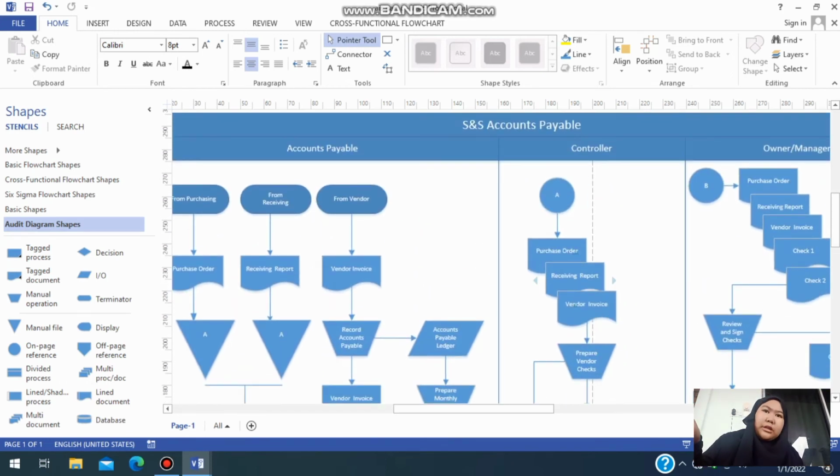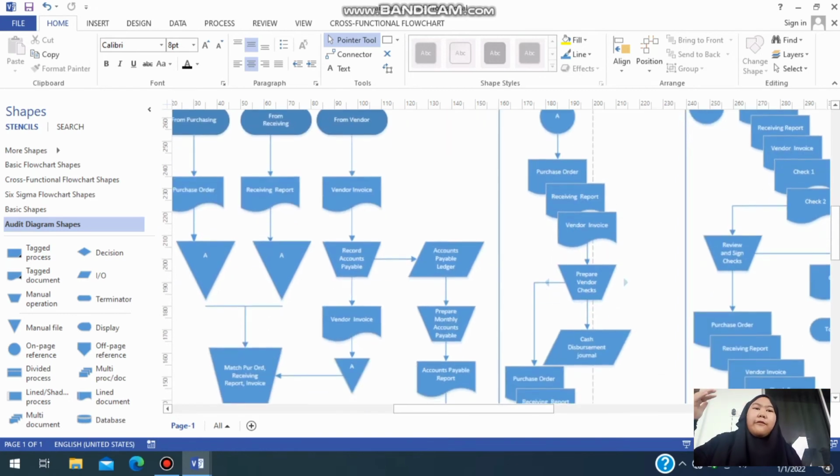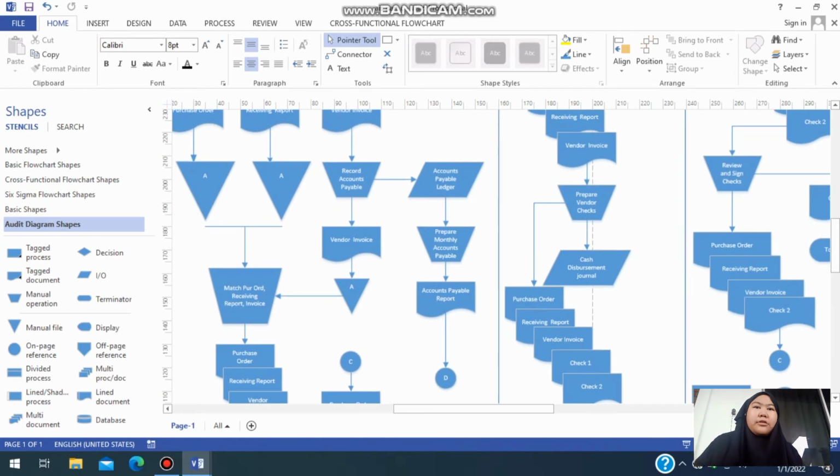We call it purchase order, receipt report, vendor invoice. Then the item of data based on this one goes to the manual operating. This symbol, we call manual file. Manual operating means performing manually. And this one goes to error. One goes to multiple